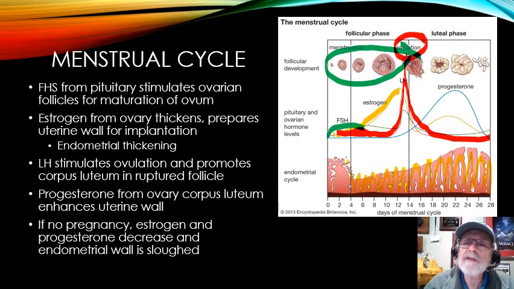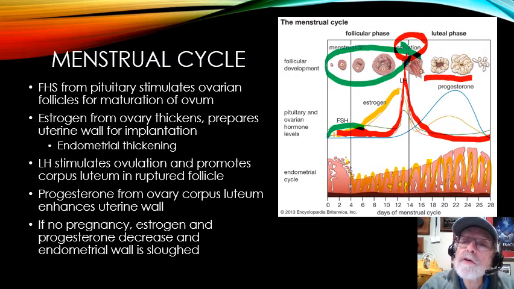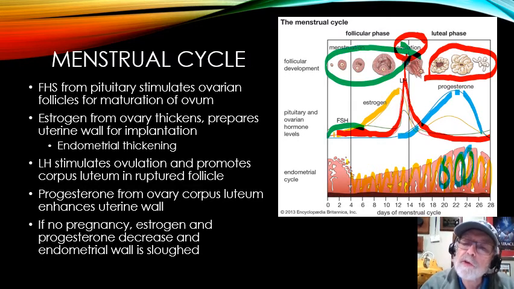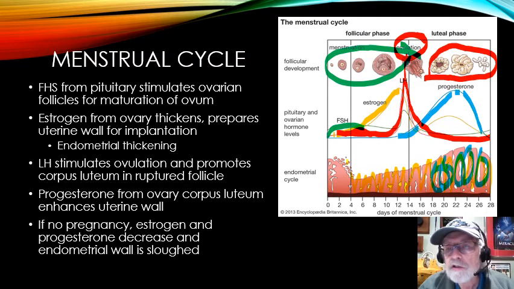The LH also allows those follicles to fill with that yellow material, the corpus luteum, that feeds back to the brain and says hold off for a little bit, we're going to wait a couple of weeks just to see if we're pregnant. Also, it stimulates the production of progesterone, which makes this much more glandular, which makes the uterine wall better. Now, here's what happens.